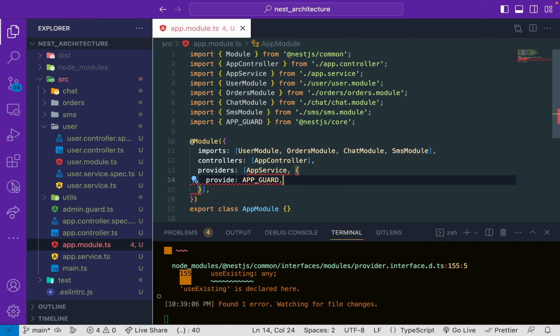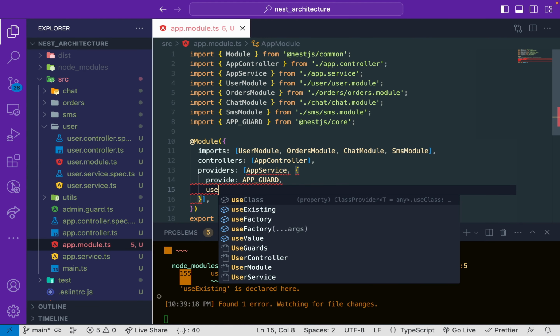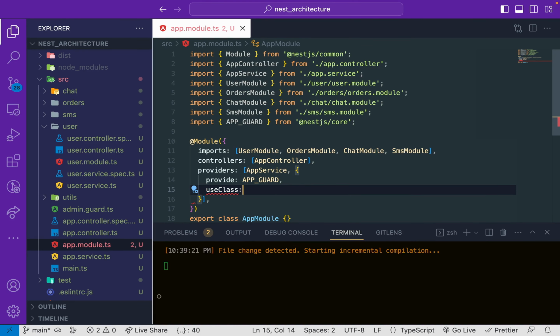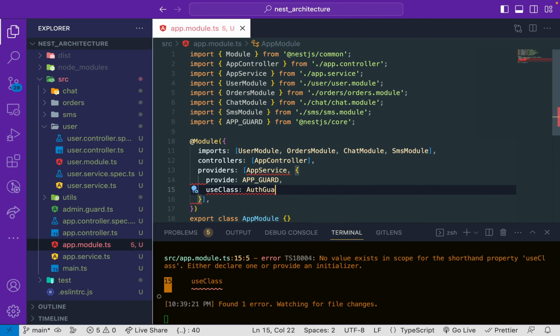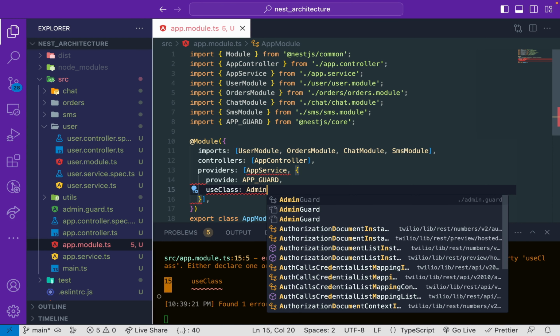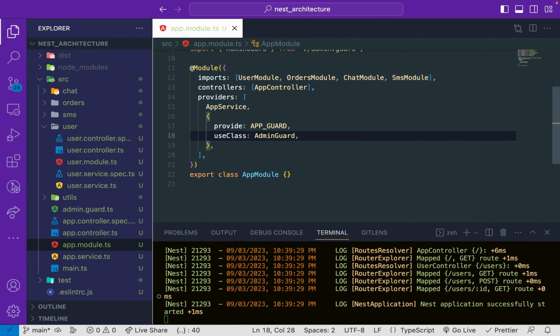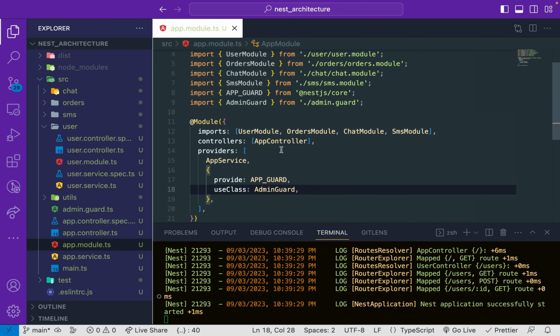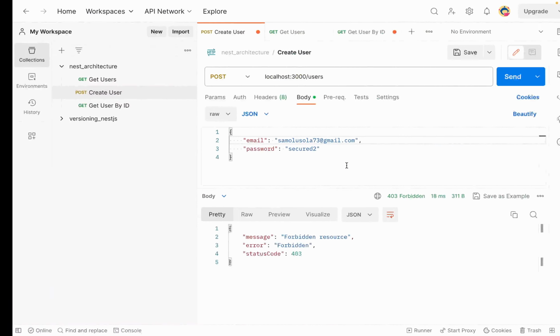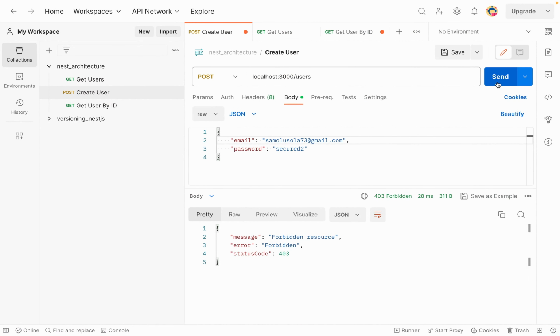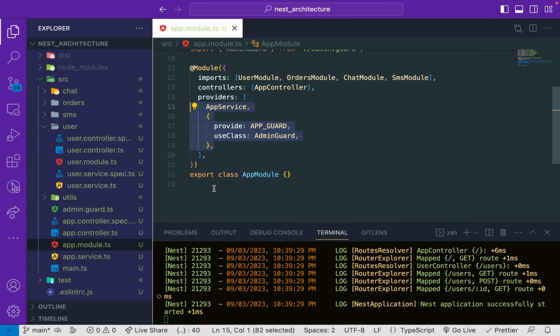Then we are also going to provide a class. You are going to say useClass. You should use the auth guard, rather admin guard. Now we have also globally bound this guard by using a custom provider inside of the root module. If we test it out again, we will see that we are getting forbidden. You should use this approach rather than writing it in the main.ts file